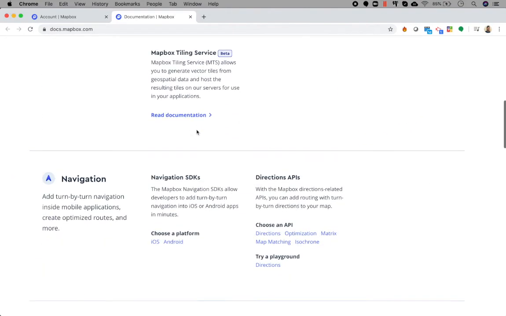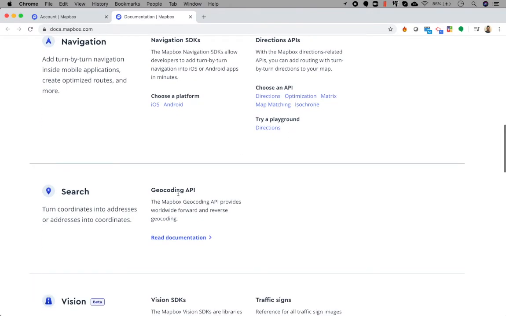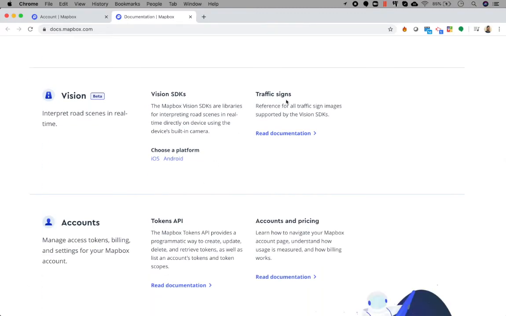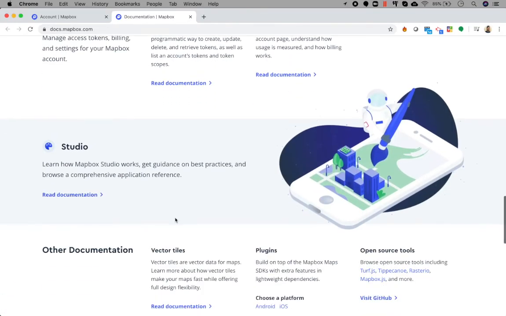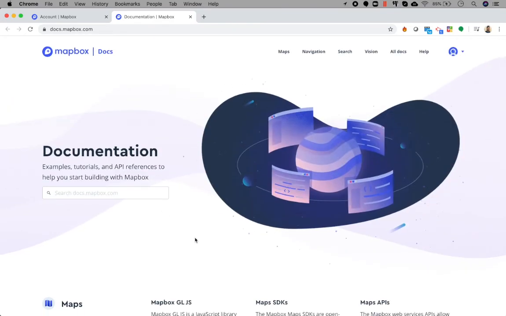As you can see, Mapbox provides you direction APIs, geocoding APIs, traffic APIs, token APIs, and things like that. So all in all, Mapbox is a complete solution for your geospatial needs.